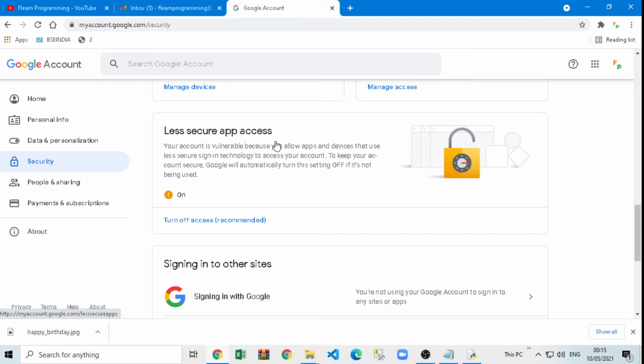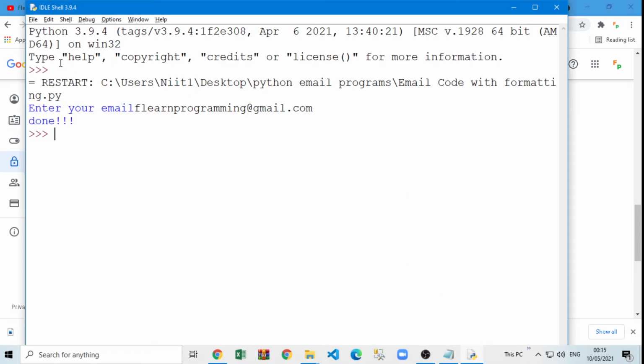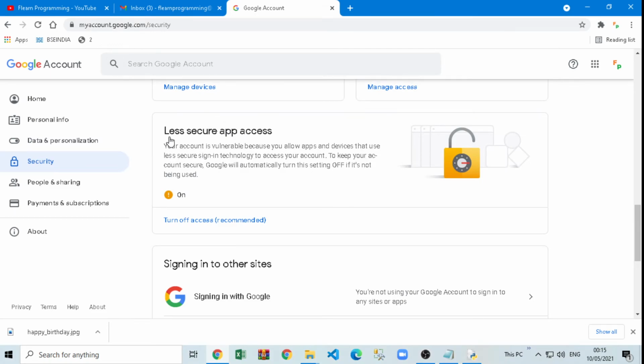If you are using the Gmail app, then we'll allow it, because these softwares are created by us and they are secured. But now we are not using their apps to send mail, we are using our Python software and Python code to send mail. So Google is saying these are less secure apps. So in short, you are allowing third-party software like Python or Java to send email.